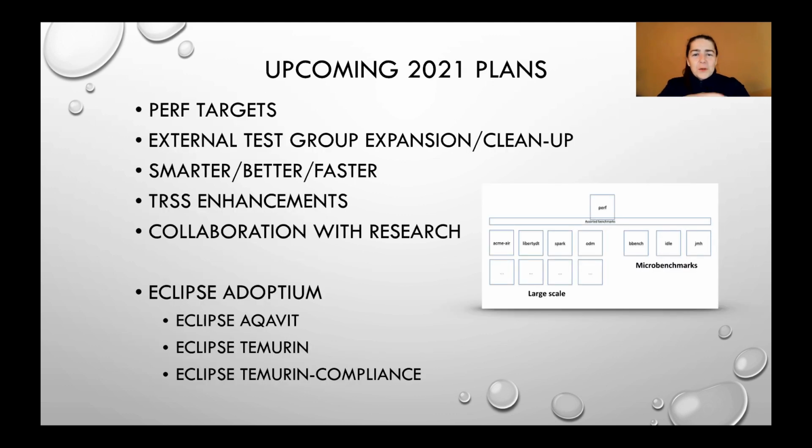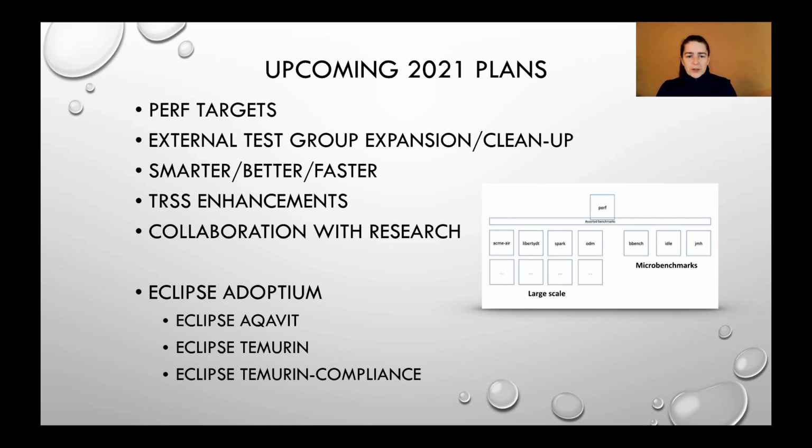All right, so in 2021, what are our upcoming plans? So many. We've already achieved a lot in the last couple years. 2021 means we're going to build out the 80 plus benchmarks that we're running. We have a lot of tooling that lets you visualize the results of those benchmarks, but the main point for us at the project is that it lets us go from release to release and pinpoint if there is a regression, when did it happen? And if there's an improvement, when did it happen?